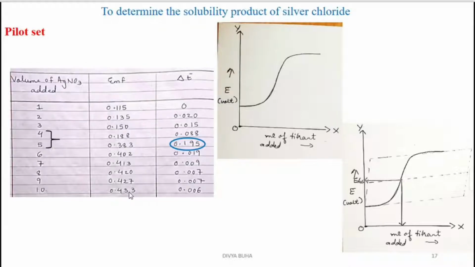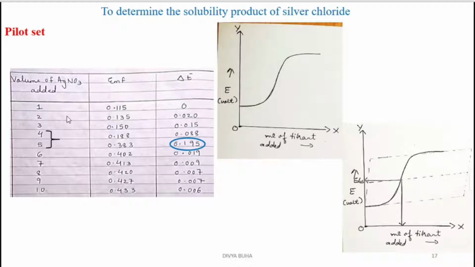Okay, that is the potential difference across the 2 electrodes. Now you can start with 0 also. You can take the reading for 0 also. Here it is not taken in this example, right? So here 1 ml of the AgNO3 has been added and whatever the EMF has been obtained is being noted down.